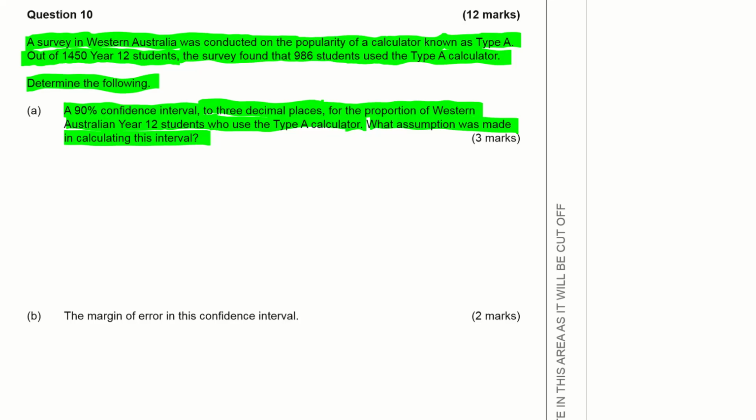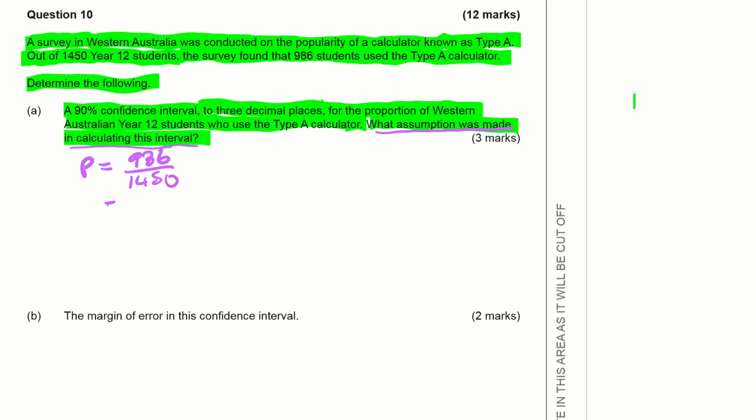Let's deal with the assumption first. We're assuming, so what assumption was made? We're assuming that the proportions are normally distributed. Once we've done that, we've got P is equal to 986 over